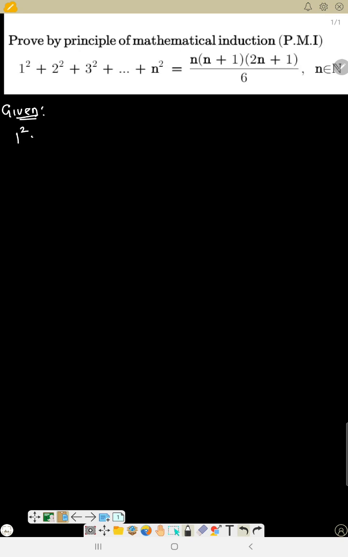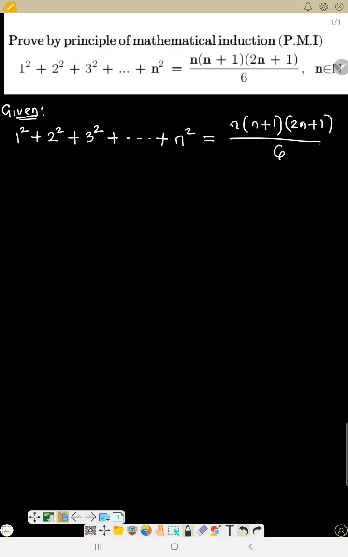So, given 1 square plus 2 square plus 3 square plus n square is equal to n plus 1, 2n plus 1 divided by 6, where n is a member of natural numbers. So as usual, we have 3 steps. So step 1,